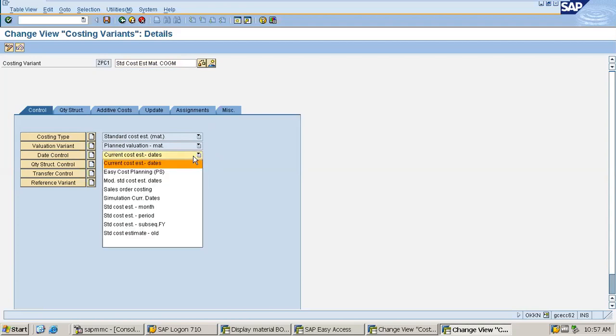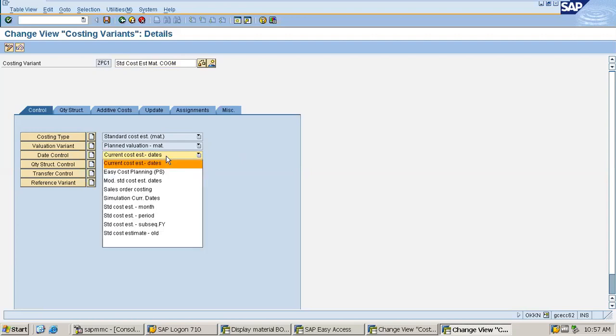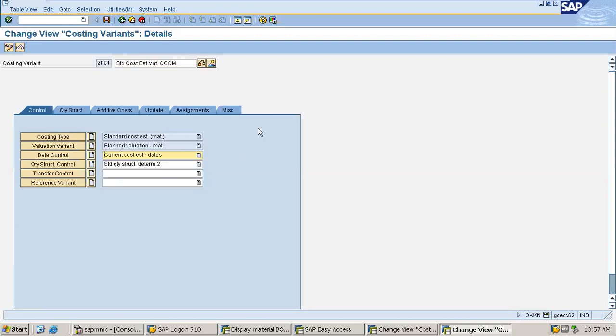For date control, what I have chosen is current cost estimate date. You can choose whatever you wish. Current cost estimate means once I have chosen this parameter, when I cost a material, by default the from date would be the current date, that is today's date. This is what I want.